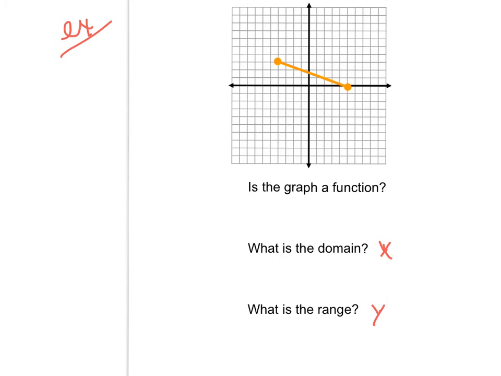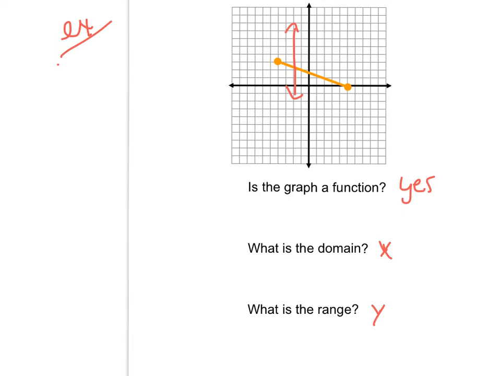So remember, we write it, and I'll just show you. Alright, so look at this. First, is it a function? And remember the vertical line test. If I can draw a vertical line anywhere on that graph, will it cross at only one point? And yes, it will. If I draw a vertical line anywhere on that, it will cross at only one point. So yes, it is a